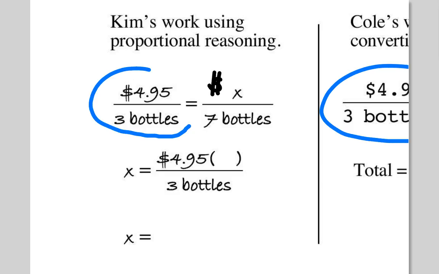Top left. That's the only place it can go for cross multiplying. It can just go up there. So things that are downstairs on the right go upstairs on the left. So all you need to do is draw a little arrow. The 7 goes up, and you'd multiply by 7. So $4.95 times 7, and then you're going to divide out 3, and it's,